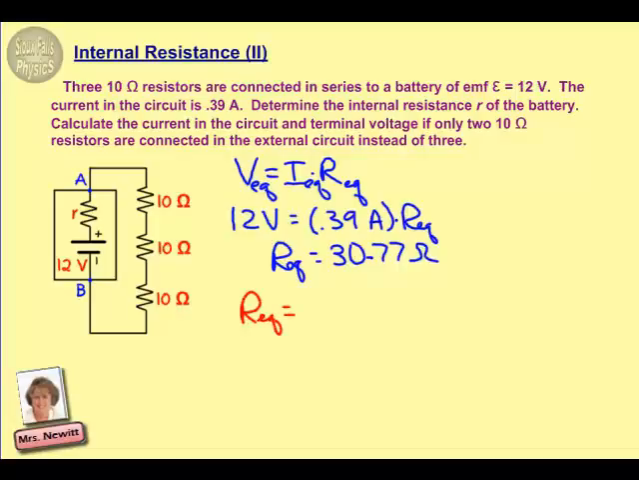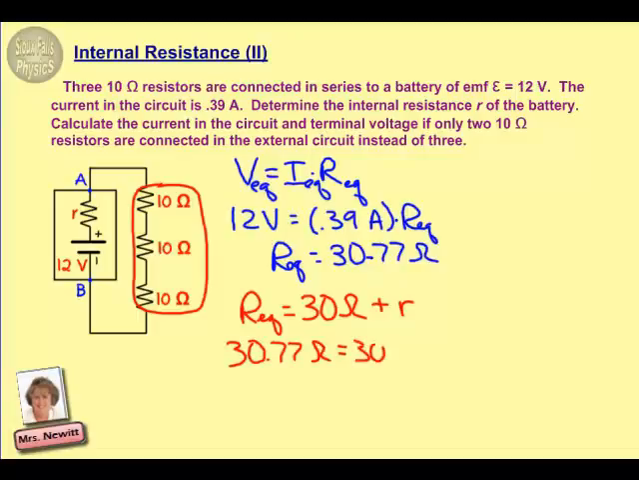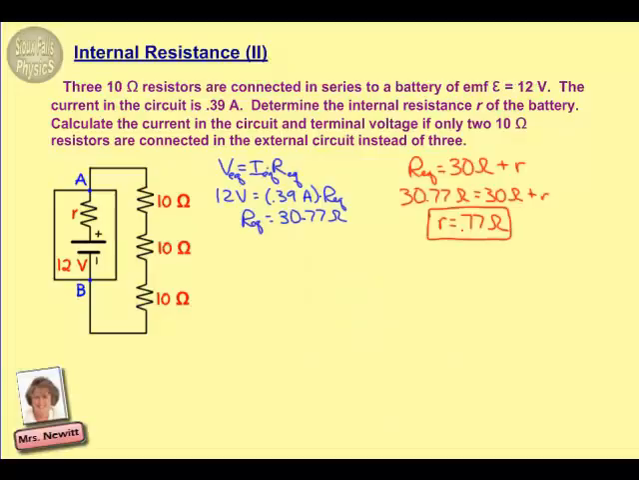Now, if we want to find our value for internal resistance, remember that the equivalent can simply be found by putting everything in series with the internal resistance. We already have 3 10 ohm resistors. So 30 ohms for that portion of the circuit. And then our unknown is the internal resistance. So if we had a total of 30.77 for the equivalent and 30 are accounted for by the external circuit, then the internal resistance must be 0.77 ohms of resistance. The next portion of our